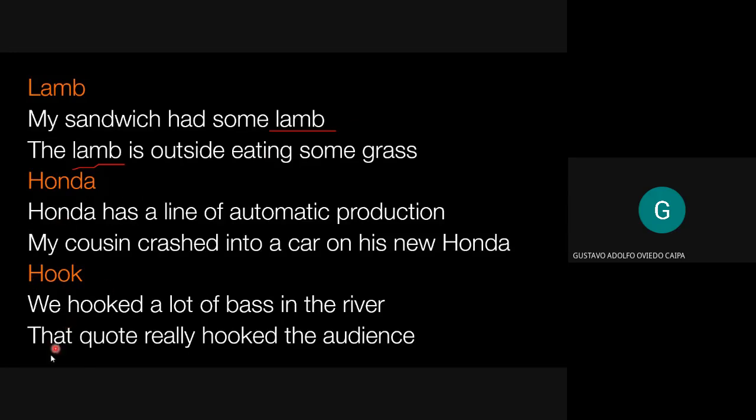In the second one, I'm gonna take the word Honda, right? Honda and Honda. All right, so in the first one, Honda has a line of automatic production. In this case, I am talking about Honda as the company that produces the cars. It's a little bit more abstract because it's not a car itself. It's the company that produces the cars. But if I say my cousin crashed into a car on his new Honda, right? His new Honda. In this case, I mean Honda as the specific car that comes from a brand, which is Honda. You see? So again, these two meanings are kind of different,